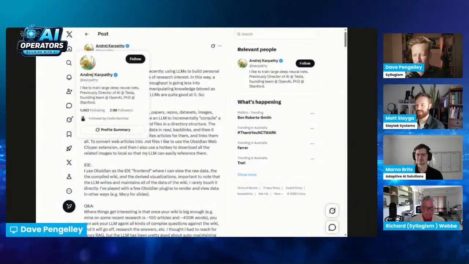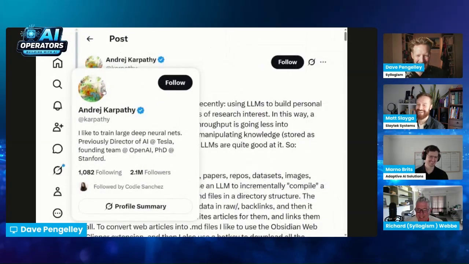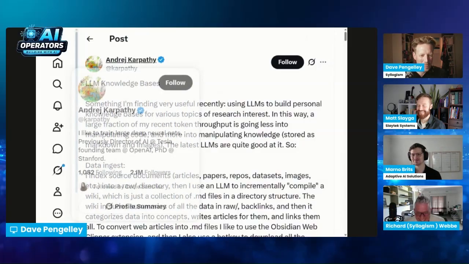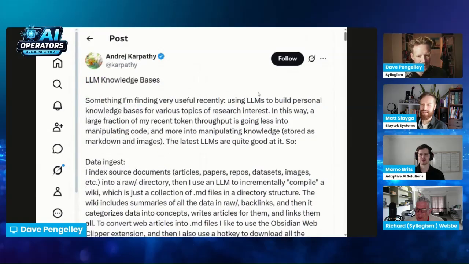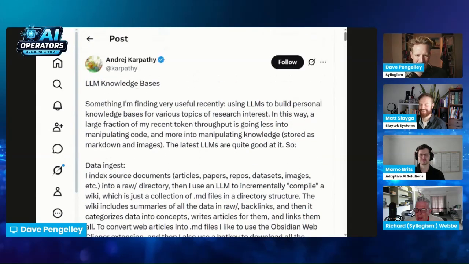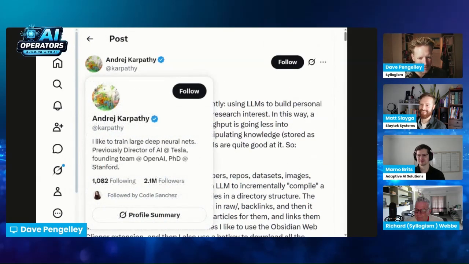You mentioned a few names, Karpathy and Mila, and people out there might have no idea what you were talking about, Matt. So Andrej, just Andre. I'm pretty sure that's Andre, Dave. Okay. Yeah, Andre. He is the previous director of AI at Tesla, founding team at OpenAI, and he's got a PhD from Stanford. But he really does he? It just looks like flowers to me. Oh no, there he is. He's amongst them. It's a Renoir of himself.